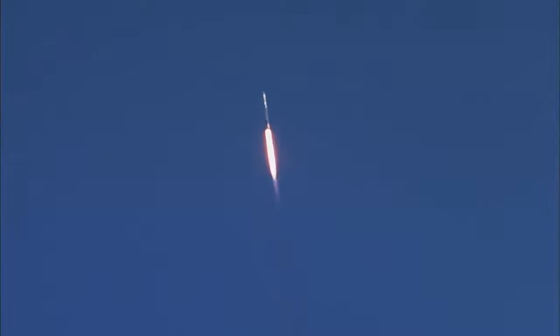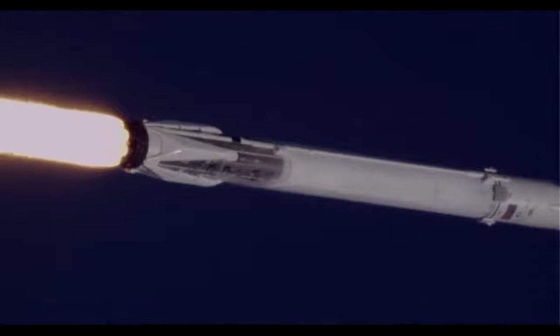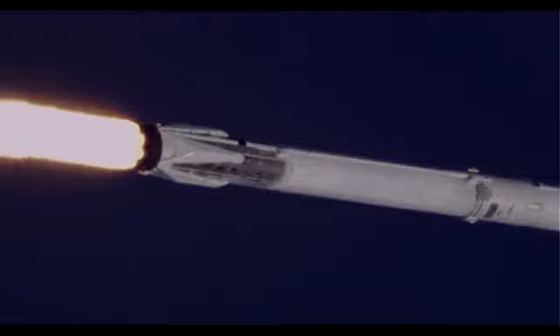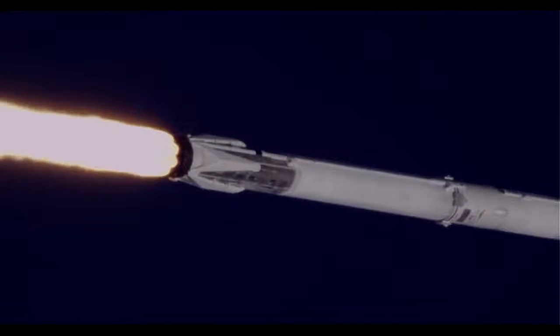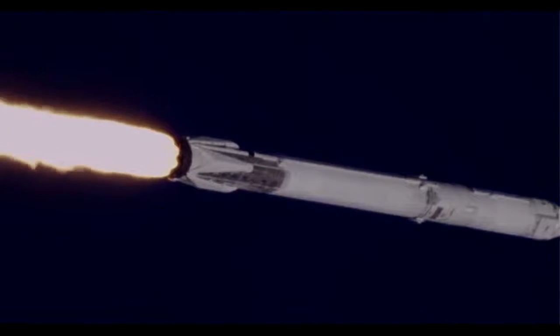At 1 minute 5 seconds after liftoff, Falcon 9 reaches transonic speed. The vehicle will pass through an area of maximum dynamic pressure, known as max Q, at 1 minute 18 seconds after liftoff. This is the point where mechanical stress on the rocket reaches its peak because of the rocket's velocity and resistance created by Earth's atmosphere. Around 2 minutes 24 seconds into the flight, the 9 Merlin engines will sequentially shut down,